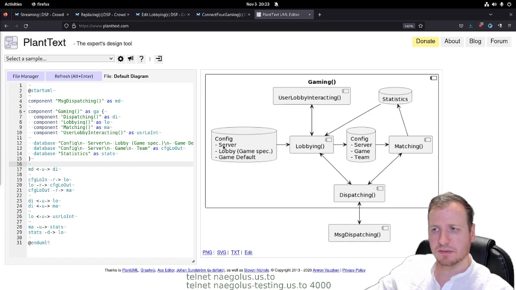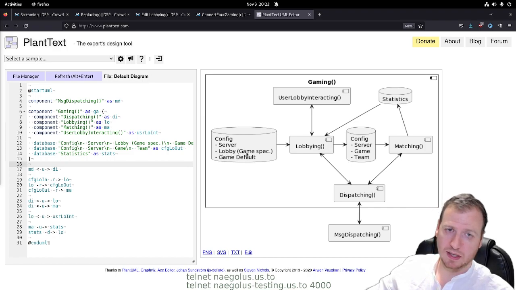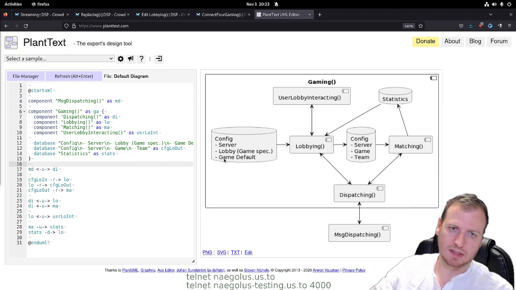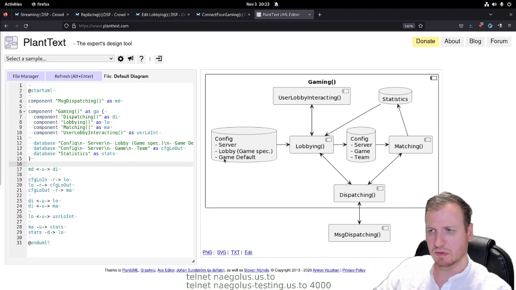As soon as somebody wants to connect, it can decide if it's allowed or not, and stuff like that. It can have a game specific appearance, and it just has a default game default configuration. Okay, so